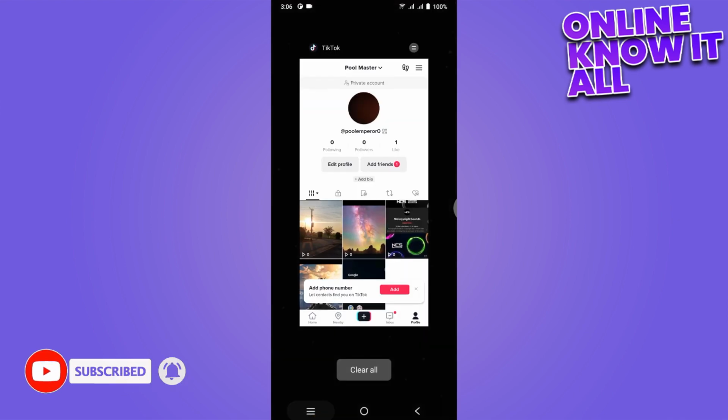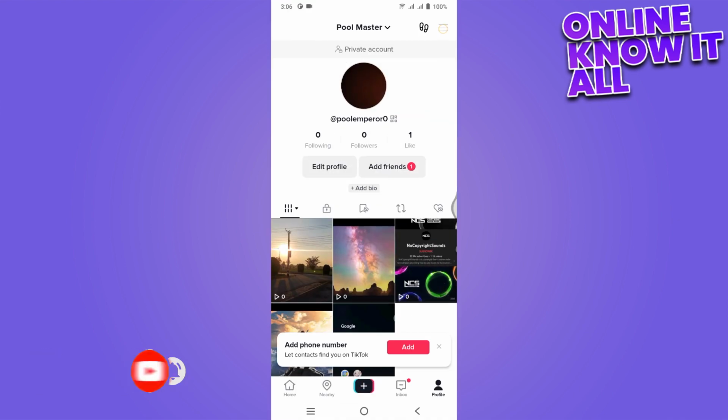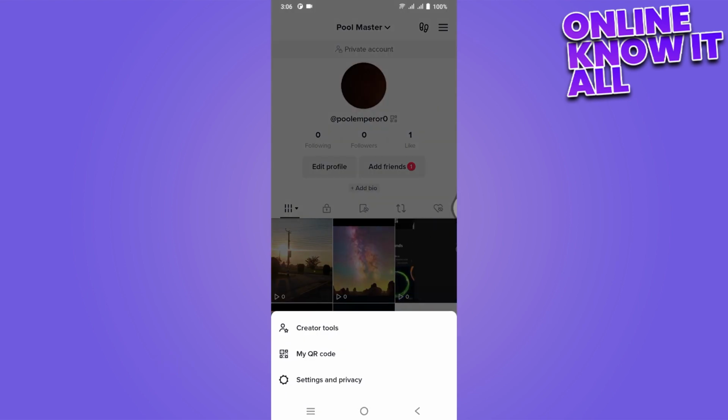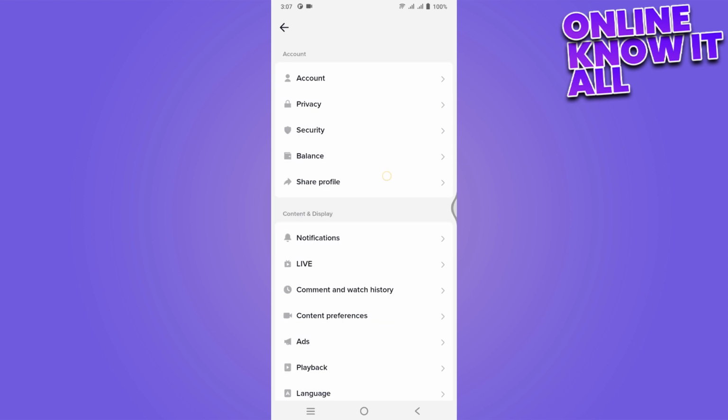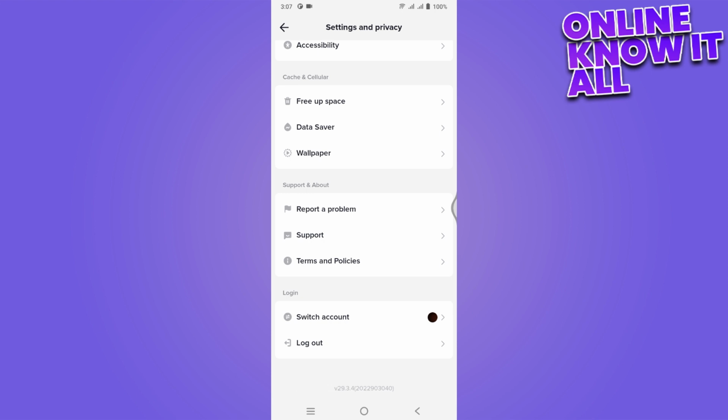So first of all, start by opening your TikTok application and click on these three bars on the top right and go for the settings and privacy. Once you enter here, you have to scroll all the way down to this report problem. Simply click on that